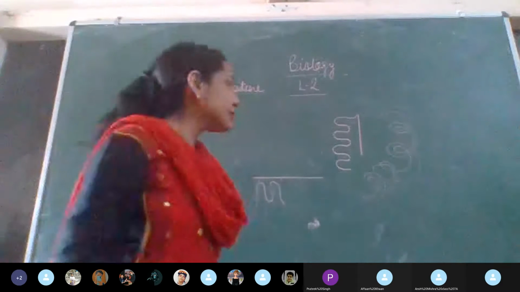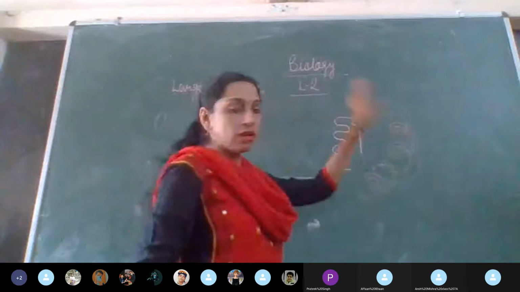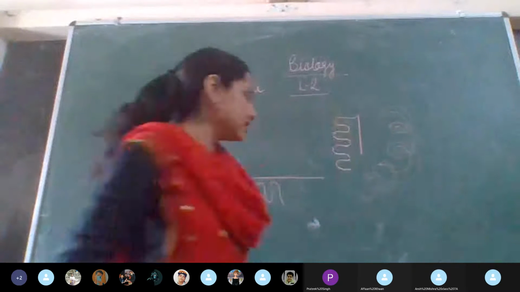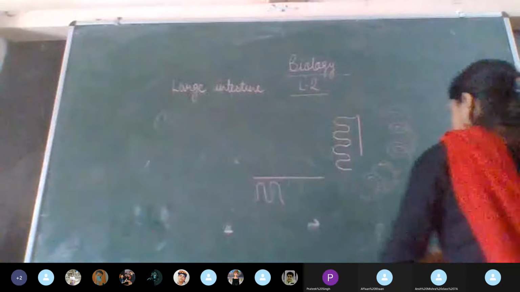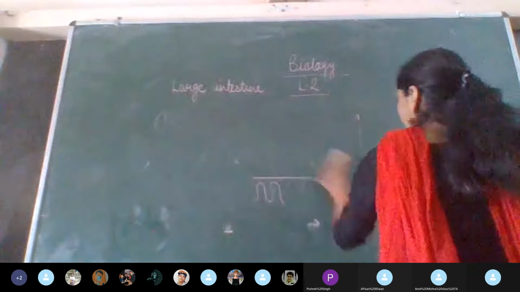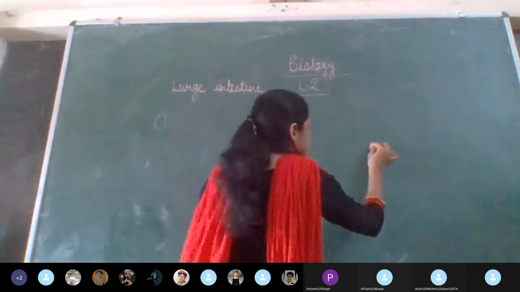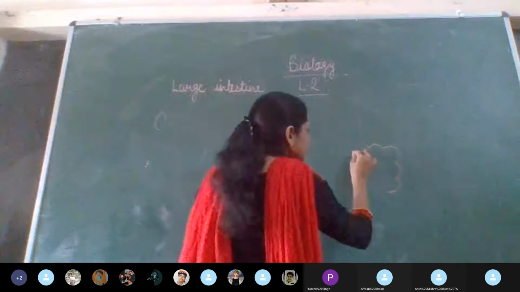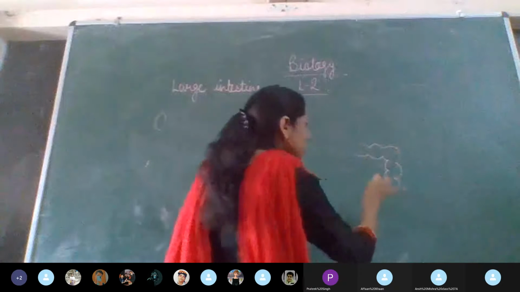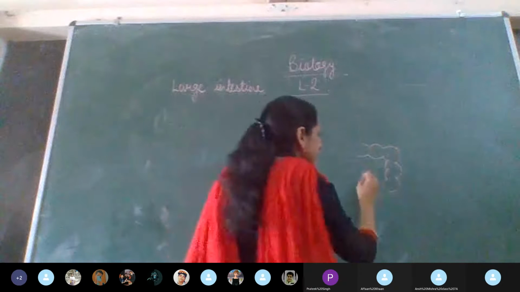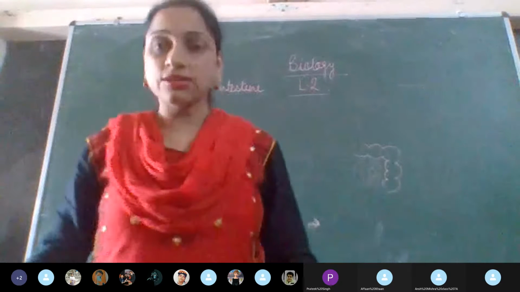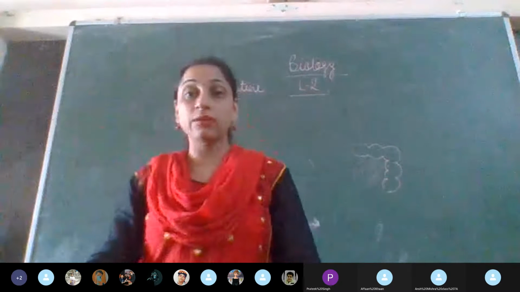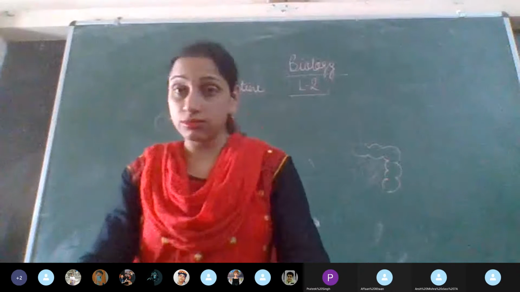Now, just see that this coil structure, now this was the small intestine, let's talk about the large intestine. As you can see in the diagram also, which is given in the book, it is somewhat this shape. So this is about the lung, and inside here we have the highly coiled small intestine. So when we talk about this pink structure, that is the large intestine, where the absorption of water and some vitamins is going to take place.